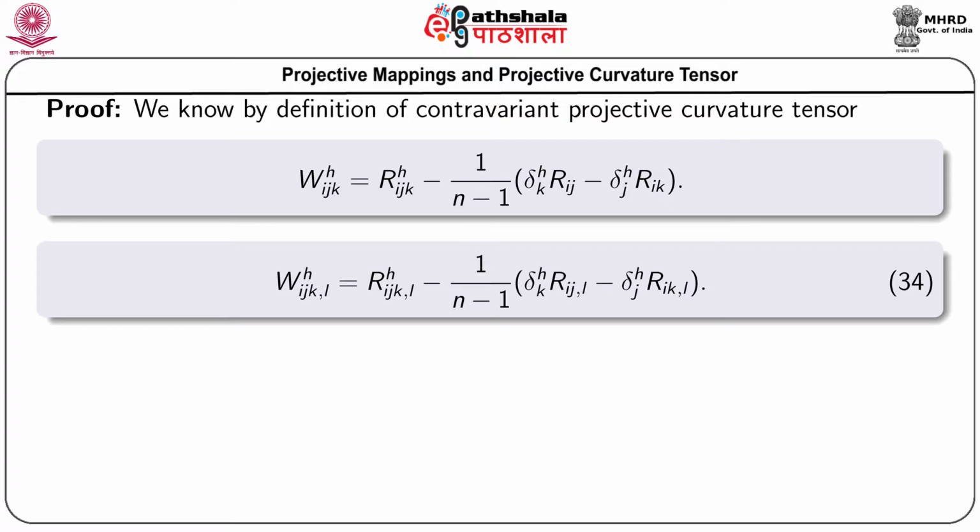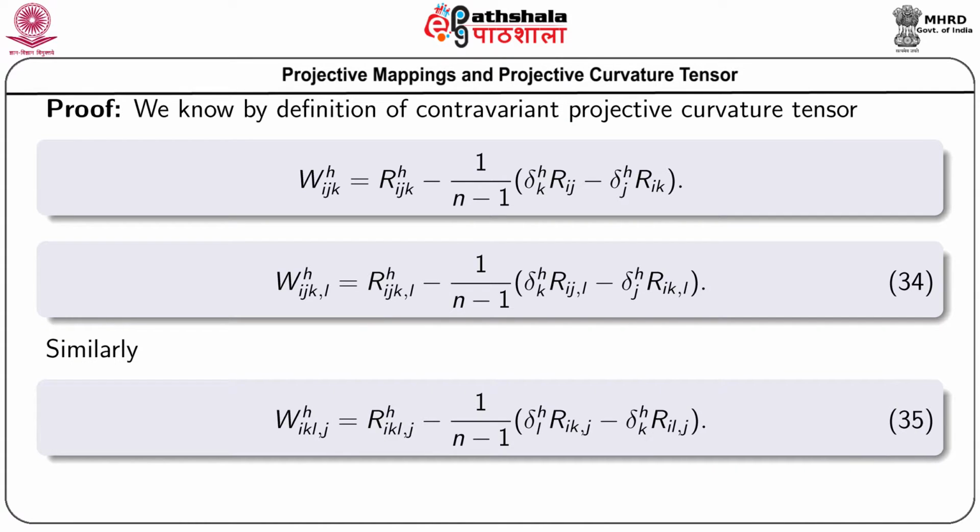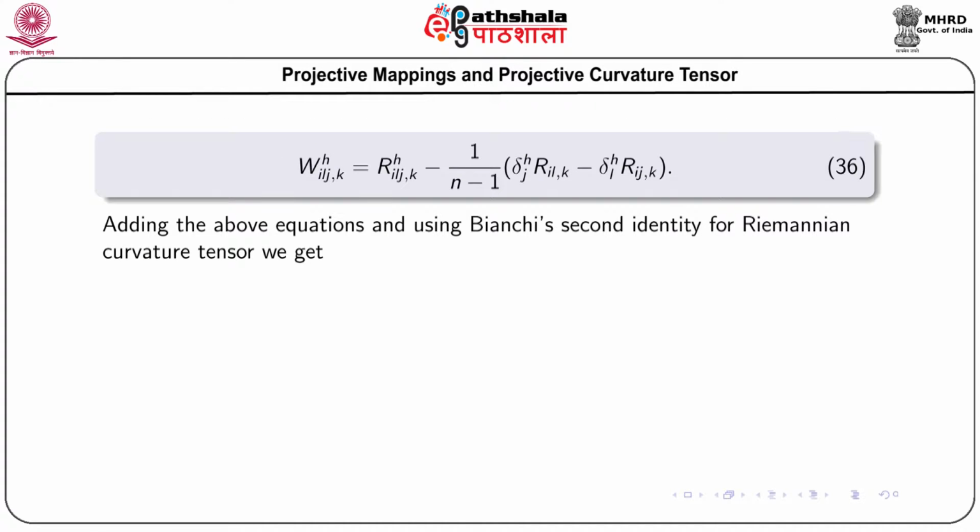Similarly, we consider the other two expressions, equation numbers 35 and 36. Now, adding all these three, we get the Bianchi's second identity,